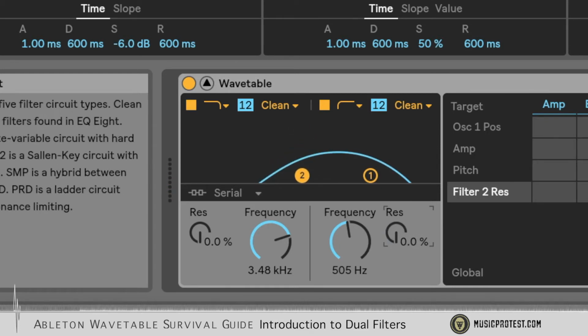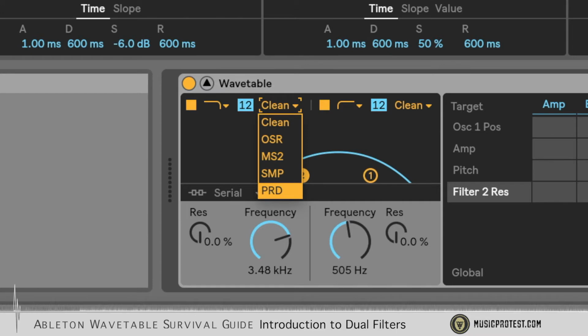But you've also got 5 different kinds of filter models here. Now clean, that's basically the same as an EQ8. So this is like the very simplest, very cleanest filter that's used in the EQ8 plugin made by Ableton. So it's super clean, it's very CPU efficient, but it really doesn't have any modeled personality. Now the OSR, that is based on the Oxford Oscar analog synthesizer. And it's also similar in its design to the Oberheim SEM. So if you're familiar with either one of those, then this could be a filter model that kind of makes